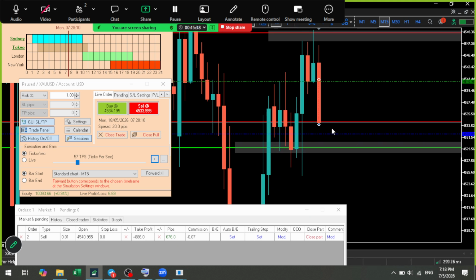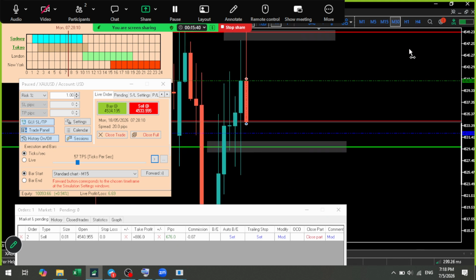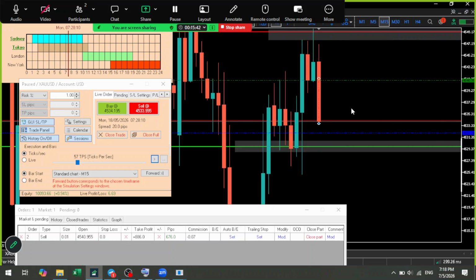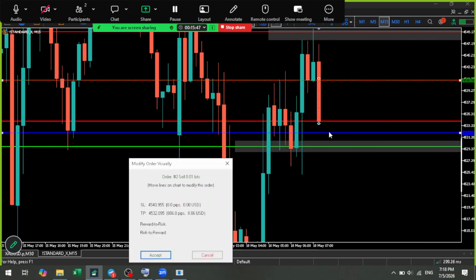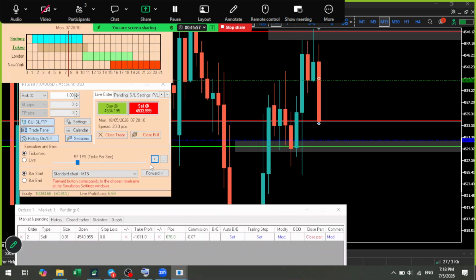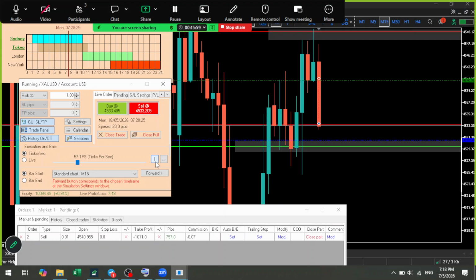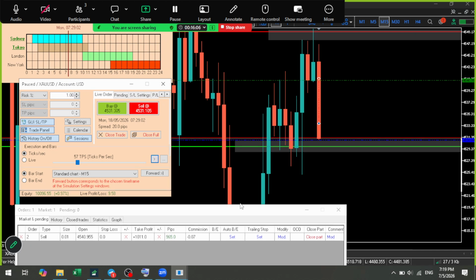Maybe we should just modify our TP to fill this wick. Yes, we will not move it a lot, just enough to get 100 pips and $10. Oh, we are going to make $10 if it hits our TP. On the 15-minute, and yes, we should just close it now